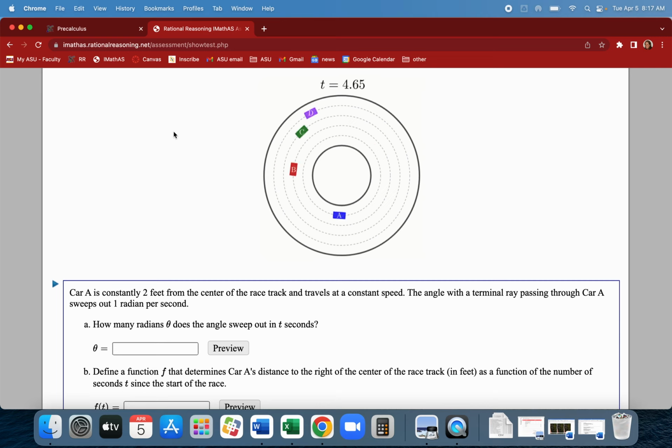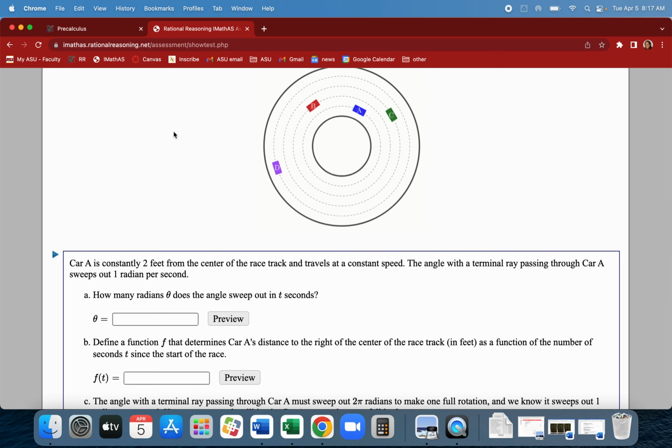6.28. Yeah, 6.28. 1 radian per second to go all the way around is about 6.28. It's 2 pi radians. So regardless of how big the radius is, if it's 1 radian per second, then it takes 6.28 seconds to go all the way around, right? So if I have my speed measured that way,